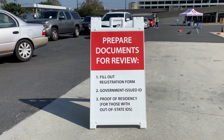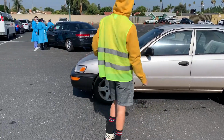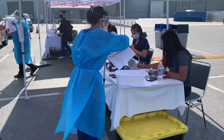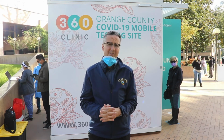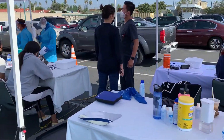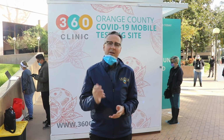Now, in the case where somebody tests positive, of course we never want to see that, but if there is any good side to that, it is that that person knows they are positive. They will then go on to isolate for 10 to 14 days, depending on their conditions, their symptoms, and they will help stop spread throughout our community. Thankfully, the vast majority of people go on to recover very well, and many have just mild symptoms, but it is the most vulnerable in our community that we need to look out for. It is our loved ones, our grandparents, those with medical conditions. Those are who we really need to be concerned about, and testing is